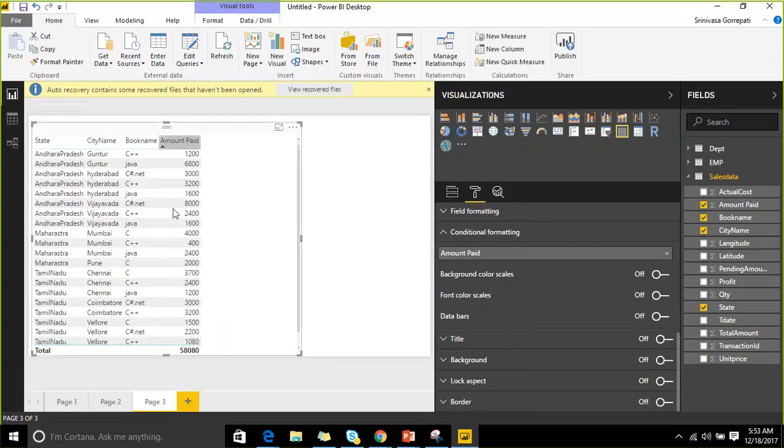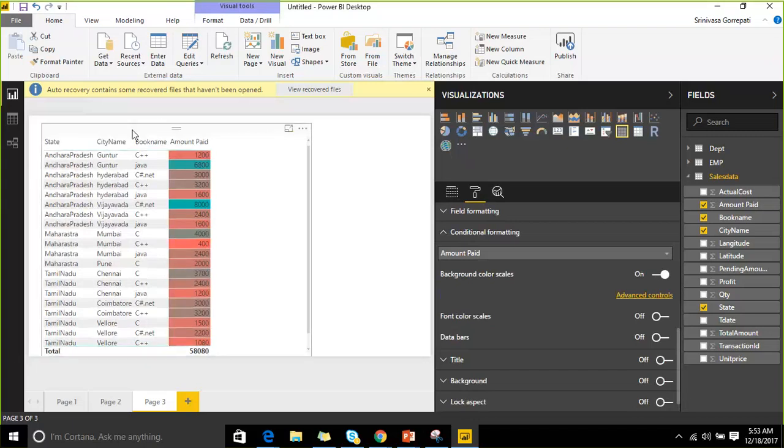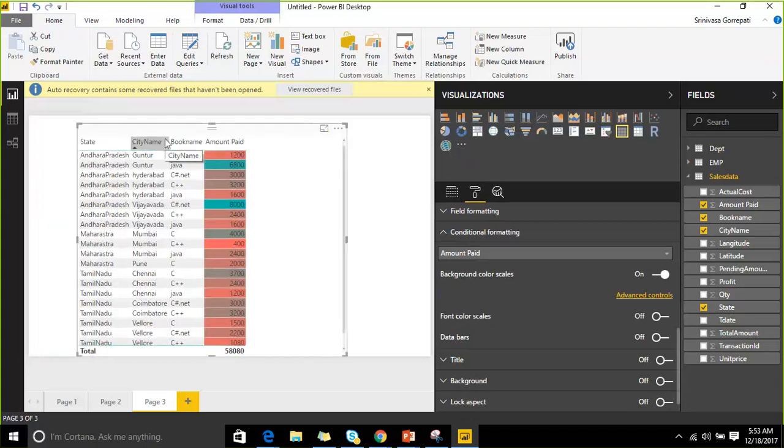For the value column that you have, observe amount paid only. This value, that status, can be represented in three ways. One is background color scale, which means if I enable it, it is showcasing based on the default algorithm that it has. It is representing the data from high to low. The color saturation is representing that. But you can configure that one in such a way that